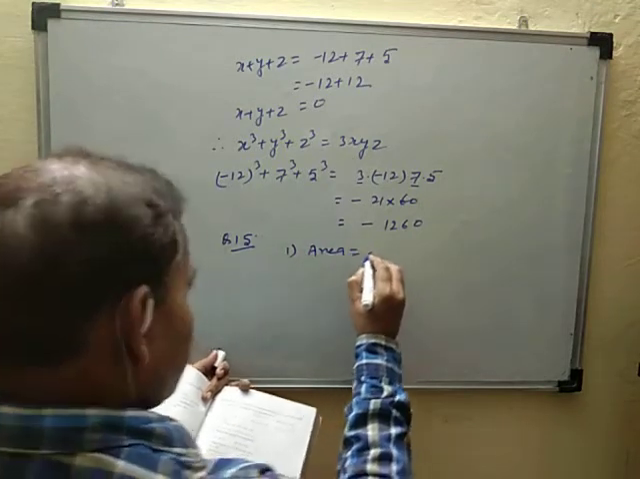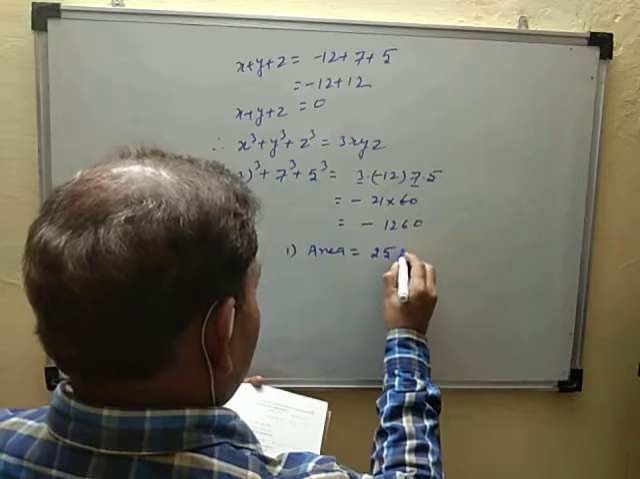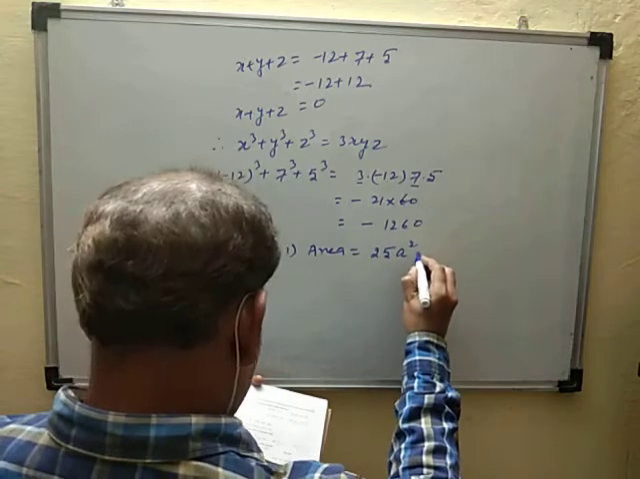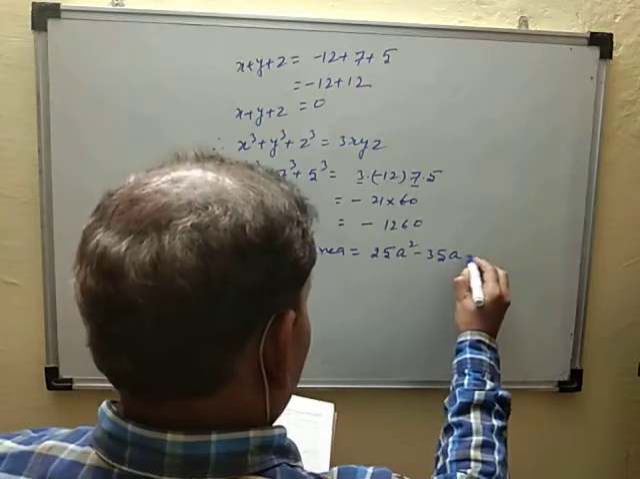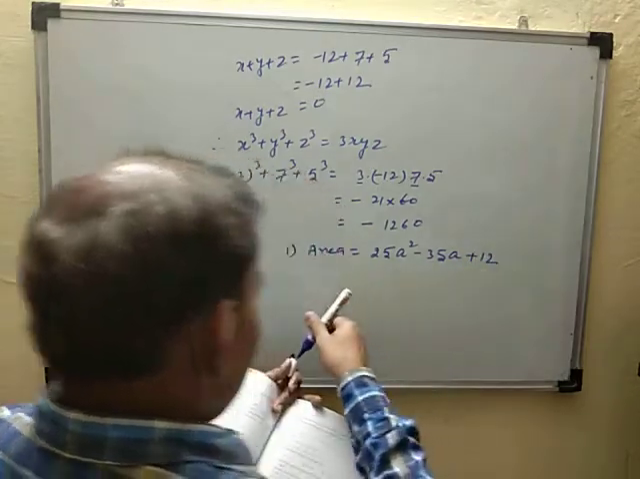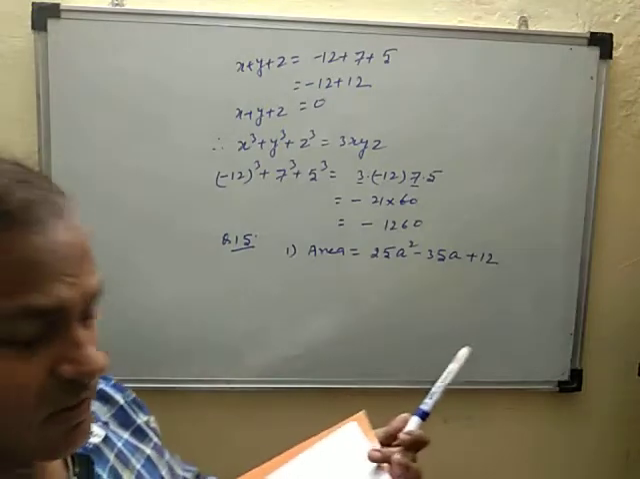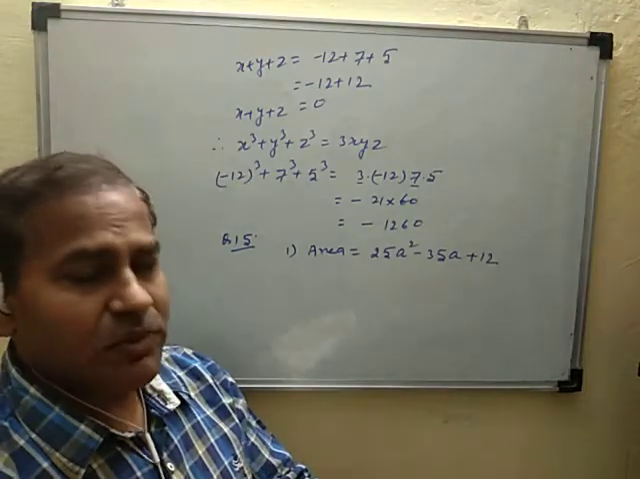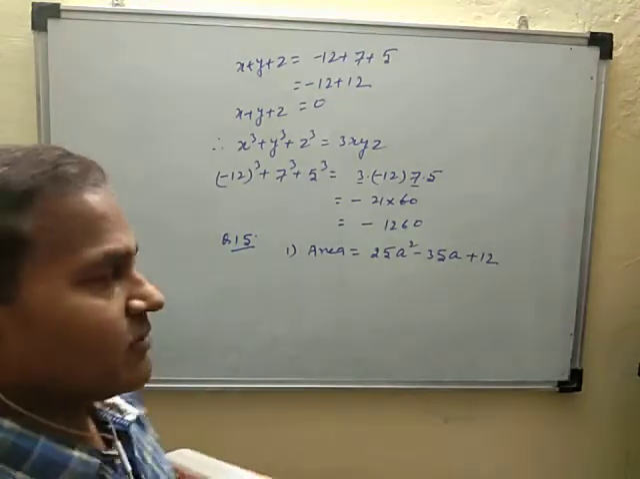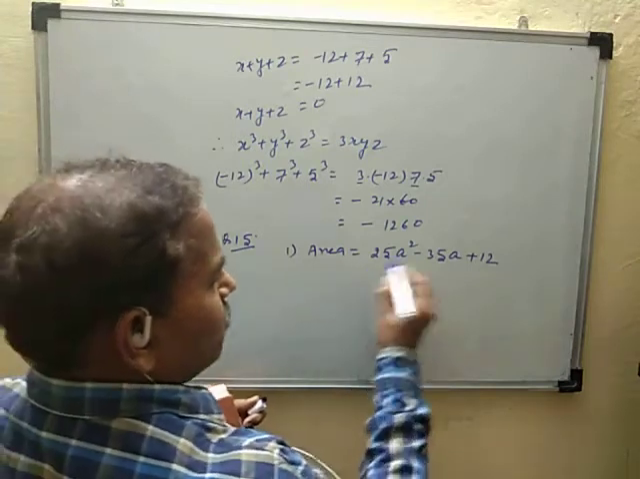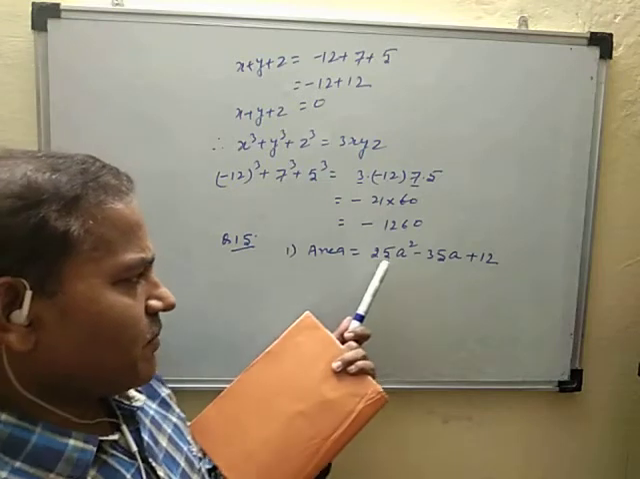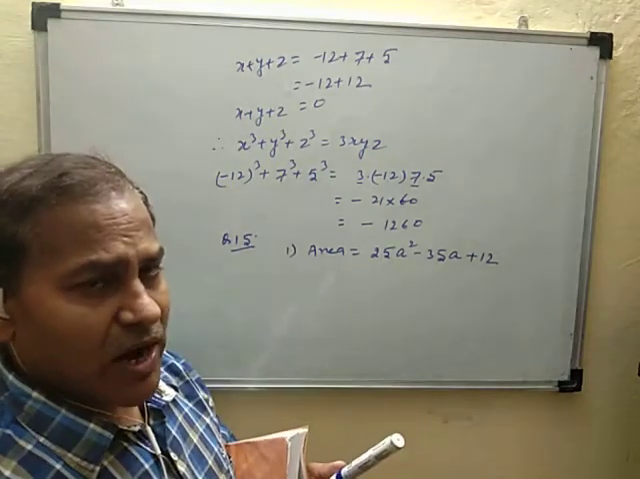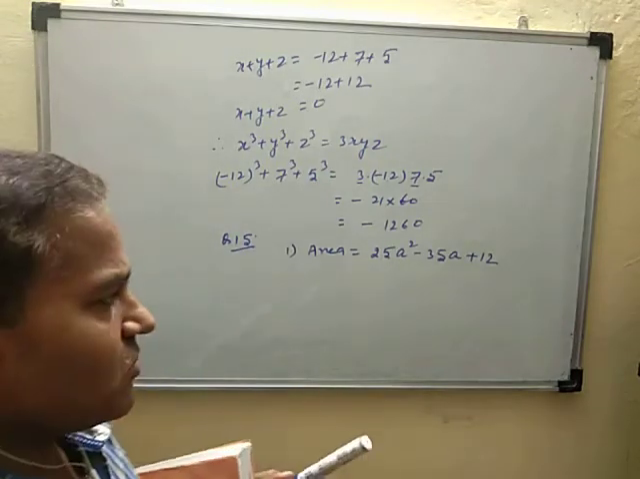The area is given: 25a square minus 35a plus 12. The area is given, and we find its possible length and breadth. So first,